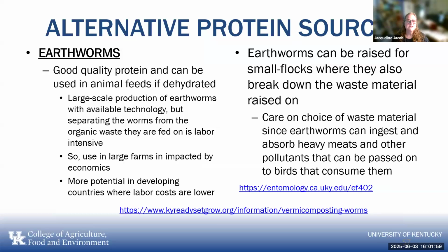Another alternative protein source that we have been trying to promote overseas and in backyard flocks is earthworms. They're a good quality protein and can be used in animal feeds if dehydrated. They're really full of water, so you need to dehydrate them to include them in a large quantity. There is large scale production of earthworms over time, and you can do that with available